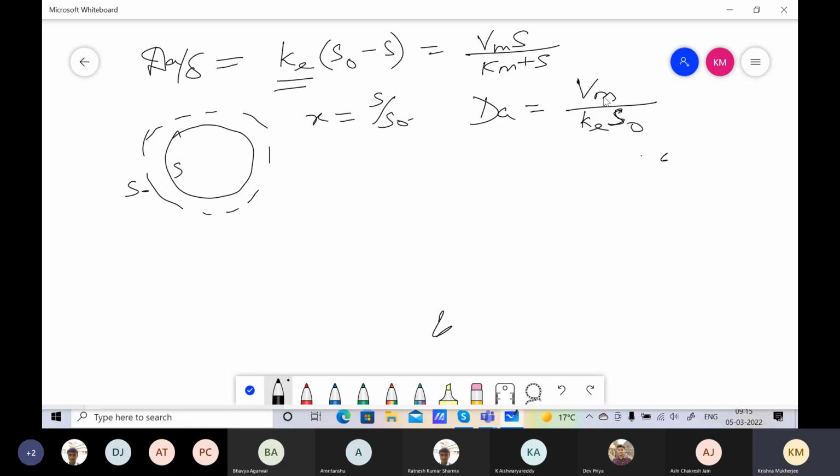Again, you can see that as the Damkohler number tends to 0, this means Ke is very large. You will notice that X will tend to 1. Right? And I also defined something called kappa, very simply, which was